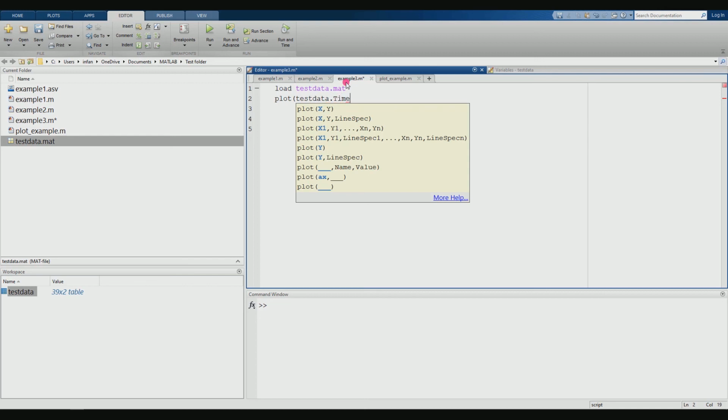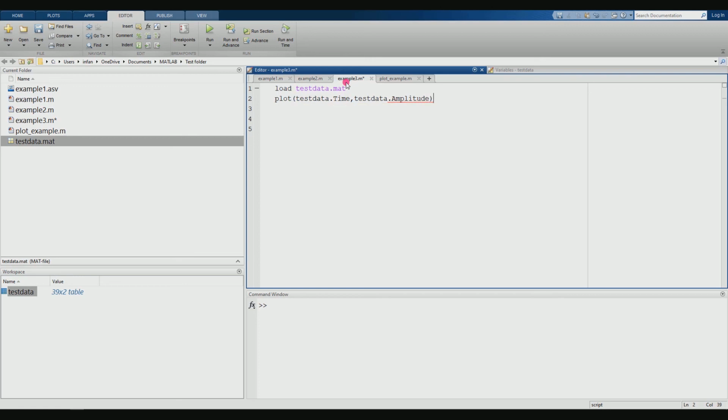Column name is time, comma. Next we have to call the y-axis dataset. Y-axis dataset is saved as amplitude. So it is test data dot amplitude. You have to be very careful in typing the names here. Okay, the dataset name, whatever is given in the table, that has to be used here.